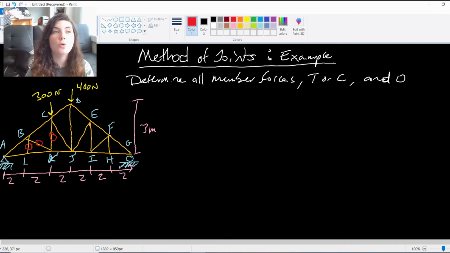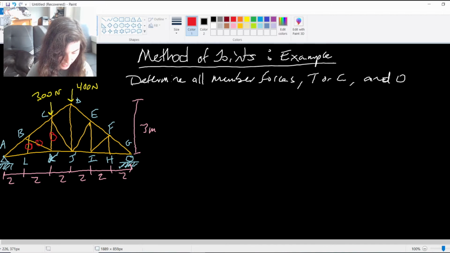Now, this doesn't hold true for CJ because there is a load applied at point C. So CJ is going to have some loading on it, so we'll have to move on from that. CJ and DJ are both going to have loads. If I keep looking down the line, I can see, okay, well,